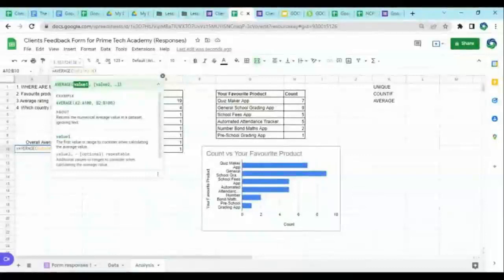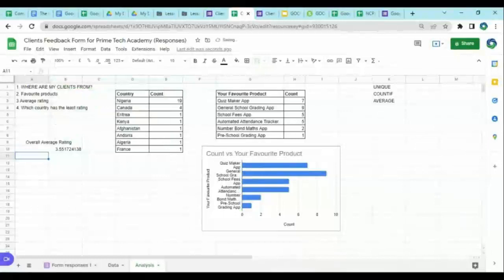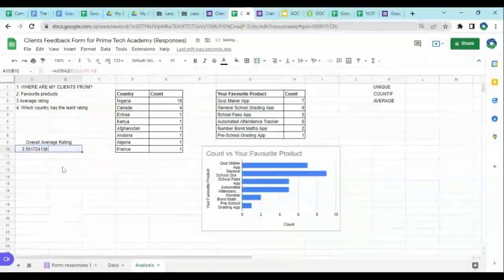If I know where it ends, I'll just put H30. But data is still coming in, I don't know, so I just do H2 to H. Then I click enter. And this gives me the average rating for